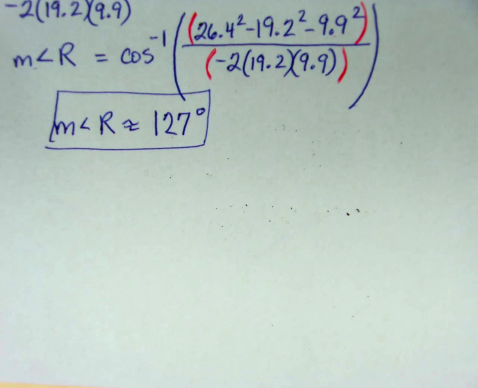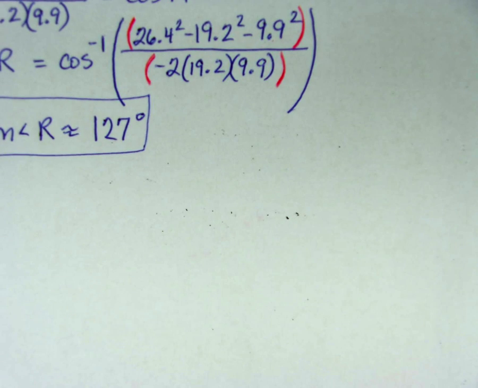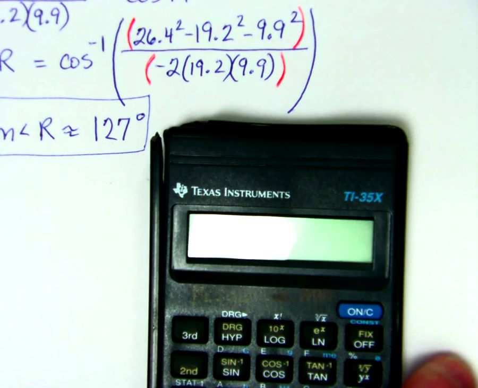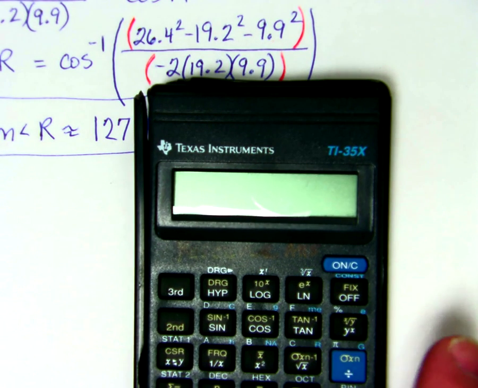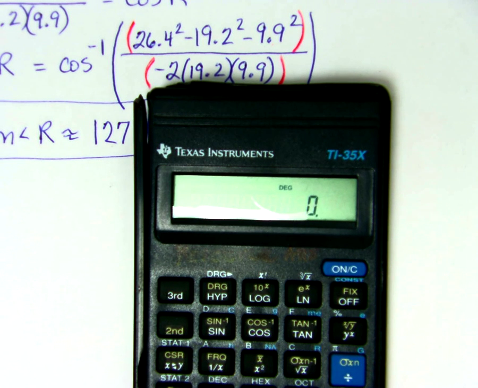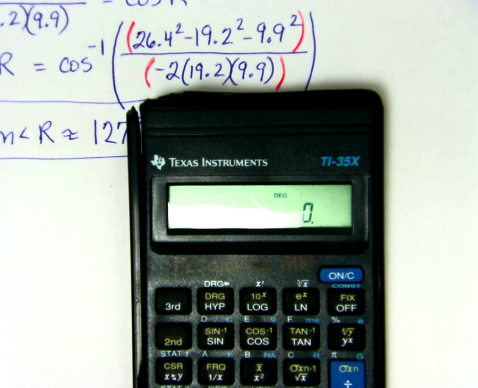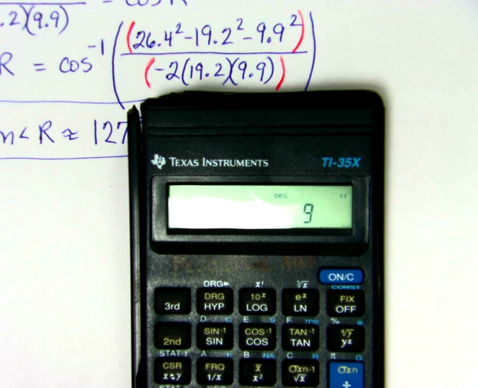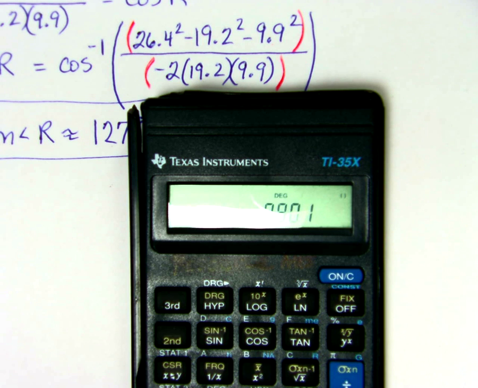Now, I want to show that for the other kind of calculator. On this calculator, I'm going to have to do my grouping stuff first. So I'm going to have the left parenthesis, then another left parenthesis, 26 and 4 tenths squared minus 19 and 2 tenths squared minus 9 and 9 tenths squared. Now the right parenthesis for my numerator,